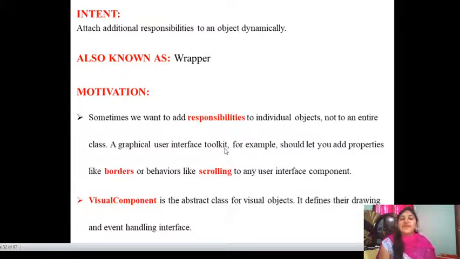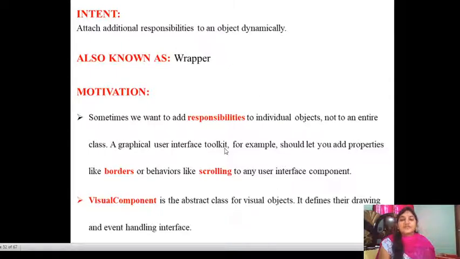Next, coming to the motivation. Motivation defines the problem and also finds the solution. Sometimes we want to add responsibilities to an individual object, not to an entire class. A graphical user interface toolkit, for example, should let you add properties like borders or behaviors like scrolling to any user interface component.